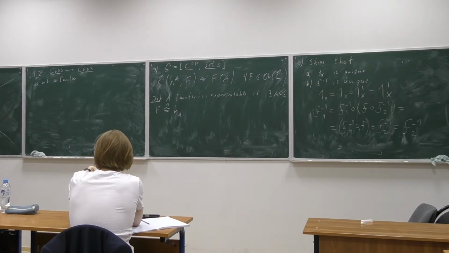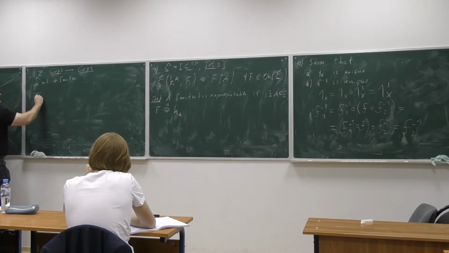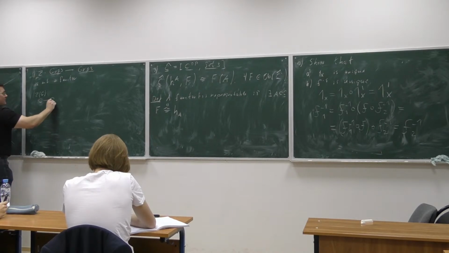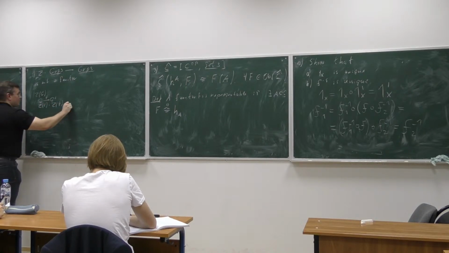No, I think what you need to do, so suppose you know that this is a functor. Suppose Z of the group, well, this is center, and you have some map, and suppose,